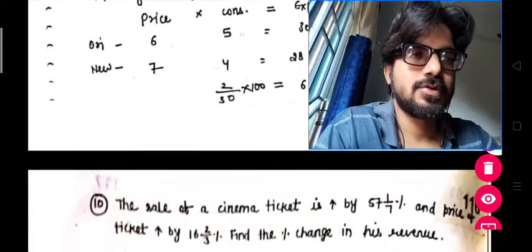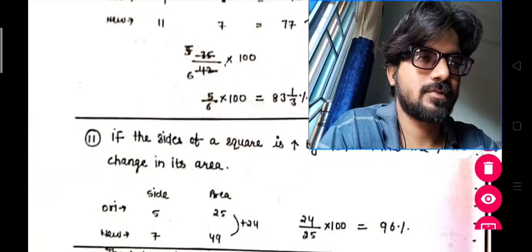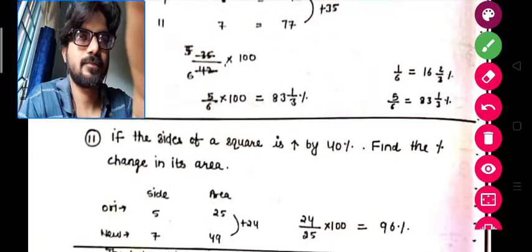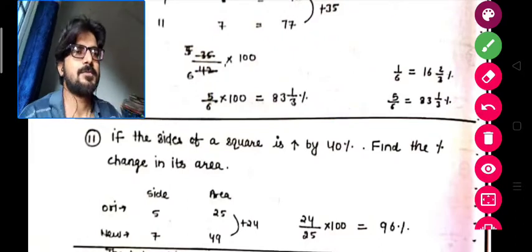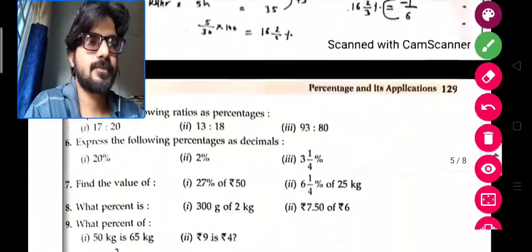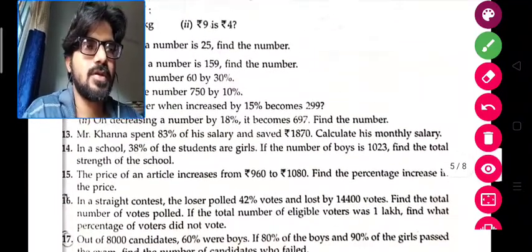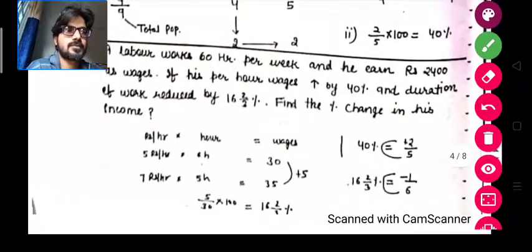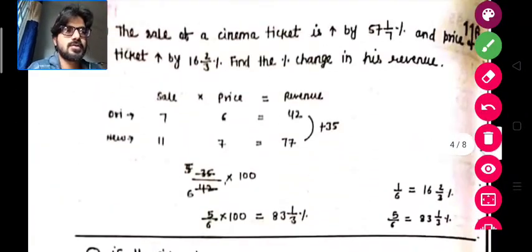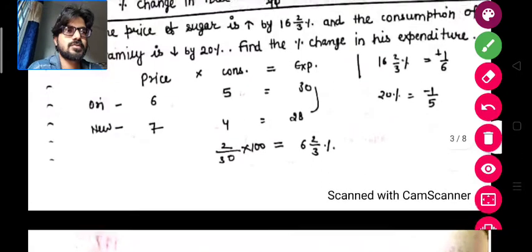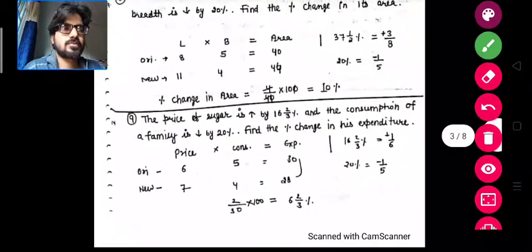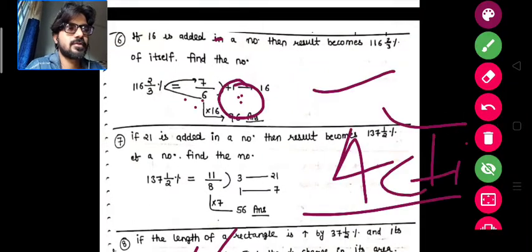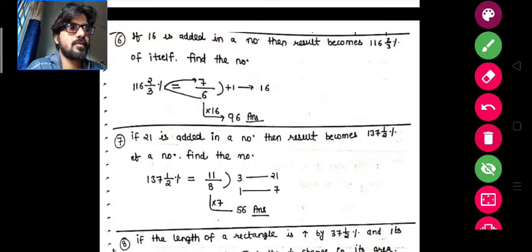Hello students, so we're doing the application of the percentage. We will study more about it today. So we have done till this part. Now we will be doing